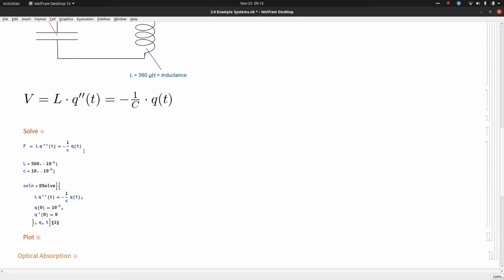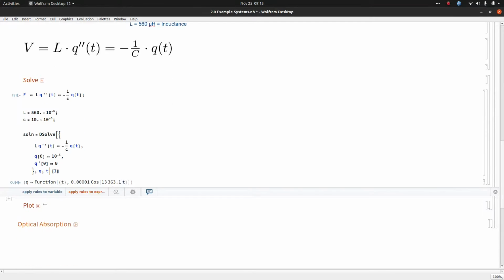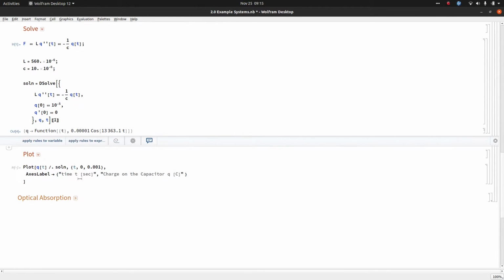So we're going to solve this equation. Again, we set up our equation, we define our constants, use Mathematica's DSolve to solve by plugging in the equation of motion, plugging in some initial conditions. I'll comment this out. We'll get our solution out. And again,